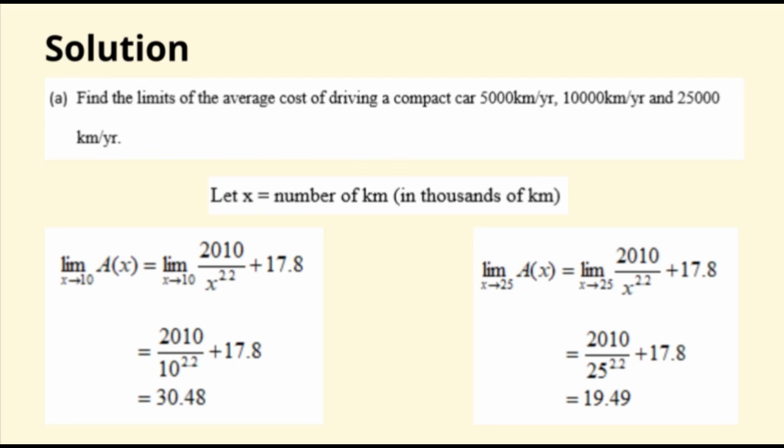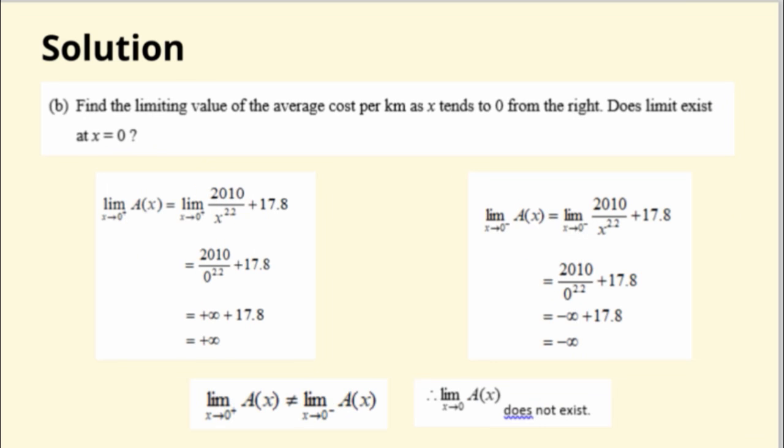Limit as x approaches 25 of A of x equals limit as x approaches 25 of 2010 divided by x to the power of 2.2, plus 17.8. So we need to replace 25 into x. We will get the answer 19.49. For solution B,